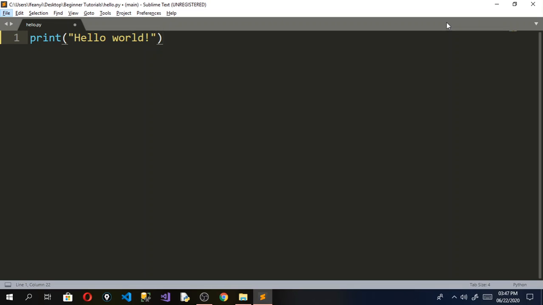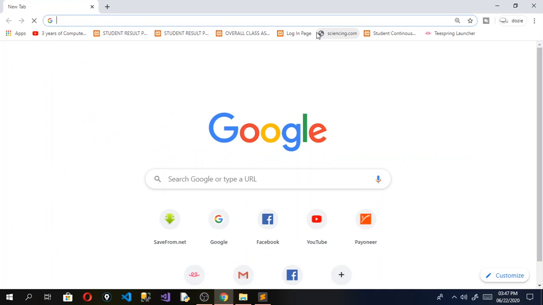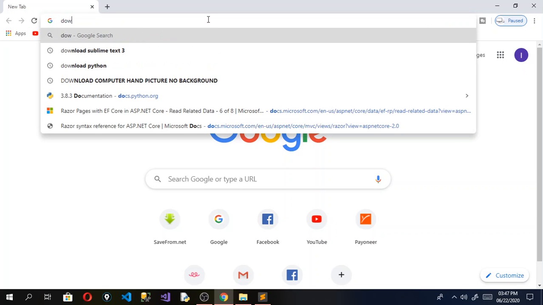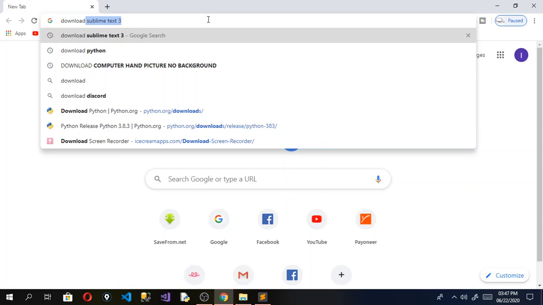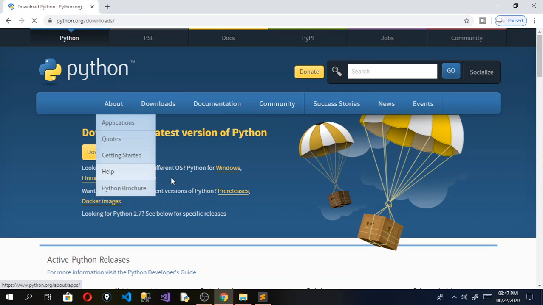Now, the first thing you need to do is set up your Python IDE, that is the integrated development environment, and this is where you're going to be writing your code. You're going to open your browser and just type download Python. Once you've done that, click on the first link. That should take you to this